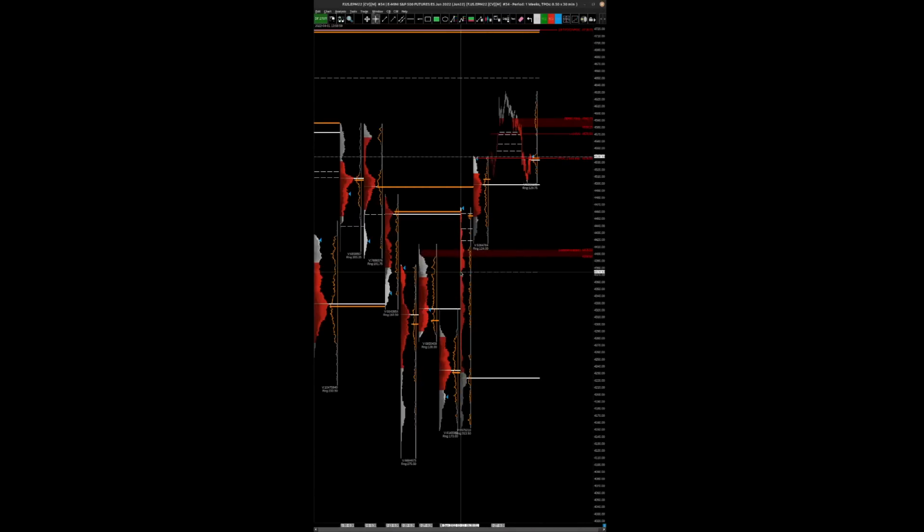So these are singles on the weekly. I'm not going to mark them up there. Very thin volume here, right? And so I'm going to denote this. I'm going to note it on my chart by putting a whole area here. Like, look at all this. I mean, this is just